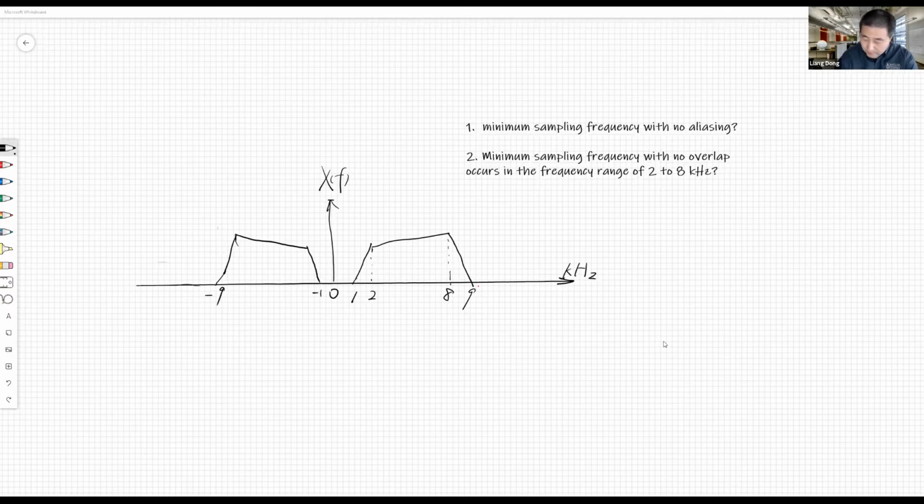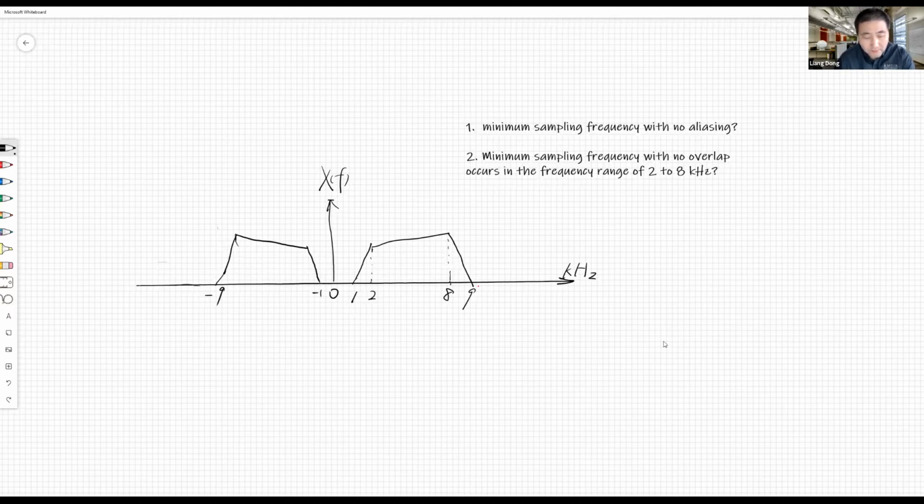Now, today I'm doing a little extension, and problem number 2 is: what is the minimum sampling frequency with no overlap occurring in the frequency range of 2 to 8 kilohertz? Suppose this is 2 kilohertz and that is 8 kilohertz. All I care about is the signal within this range from 2 to 8, and I want to make sure that there's no overlapping over this range. So to do this problem, we really need to understand